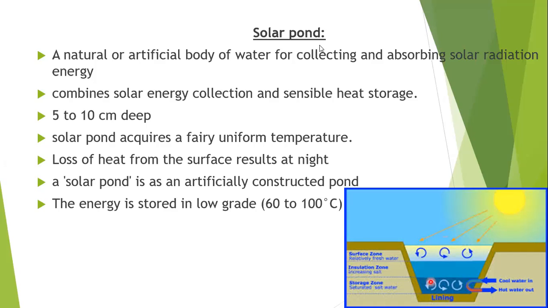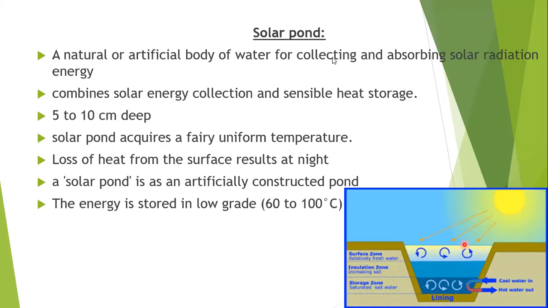Because of the salt content at the bottom, the solar pond's bottom water is denser. It is heavier than the cool fresh water at the top. As it is denser at the bottom, it cannot rise upwards. So bottom water will stay at the bottom and fresh water will stay on the top. A relatively stable layer of heated salt water is produced at the bottom with a lighter layer of cooler water on top. This cooler water acts as a heat insulator above it.